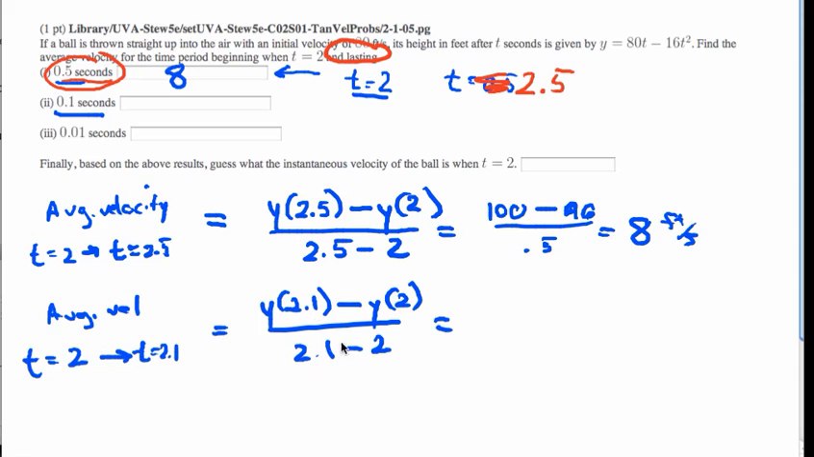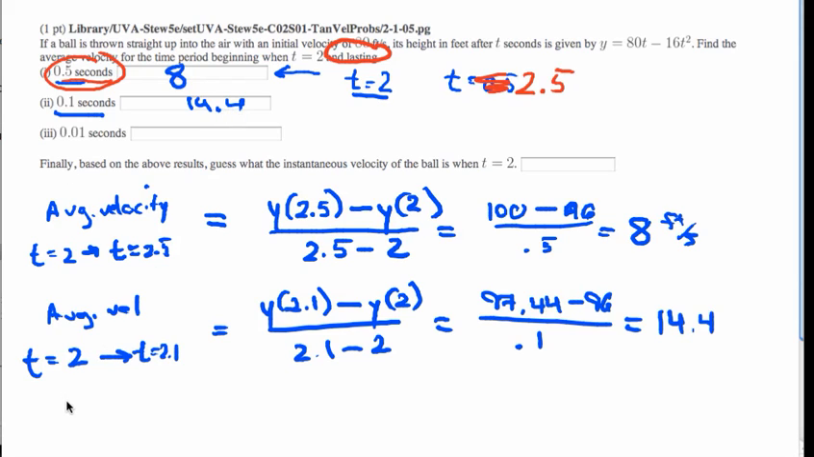So it's change in position divided by change in time again. Just again to save some time here, y of 2.1 is 97.44 and y of 2 is still 96. We calculated that above. The bottom of the fraction is 0.1 and this comes out to give you 14.4 feet per second. So that's what goes here, 14.4. Lastly,